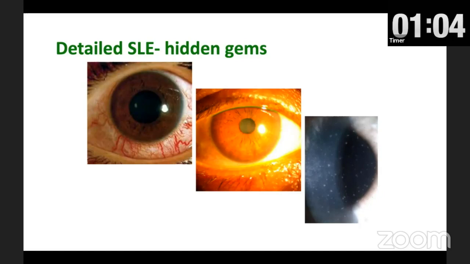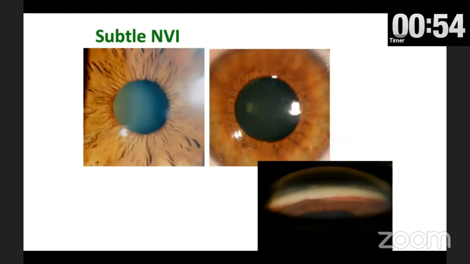Sometimes you can have hidden gems available on slit lamp examination, which can help you detect why this particular progression is happening in a patient, whether there is pigment dispersion or uveitis superimposed, or neovascularization, or any other inflammation in the eye. You should be able to pick it up. And subtle signs like that will help you prevent progression in patients in your clinic.